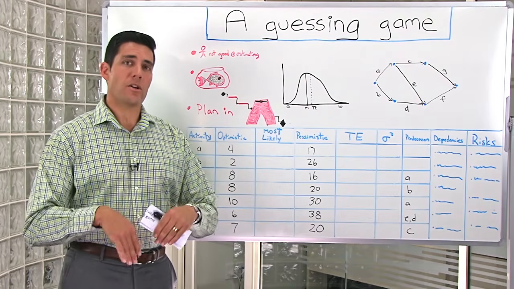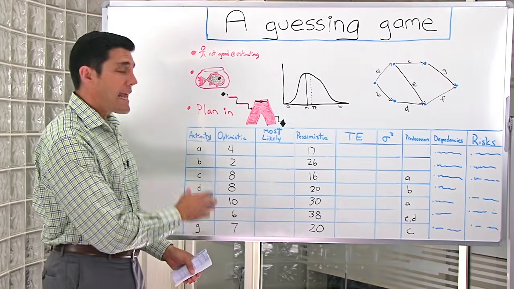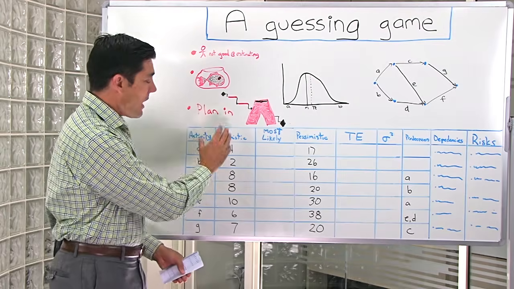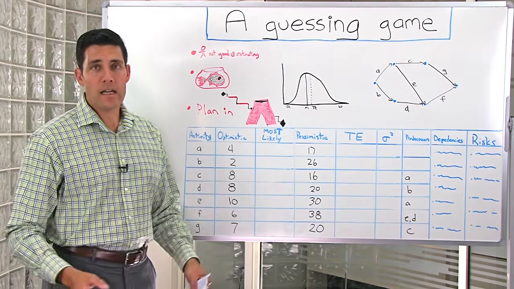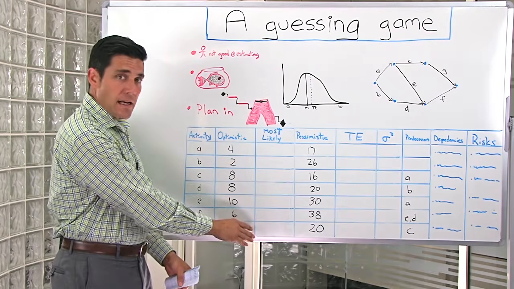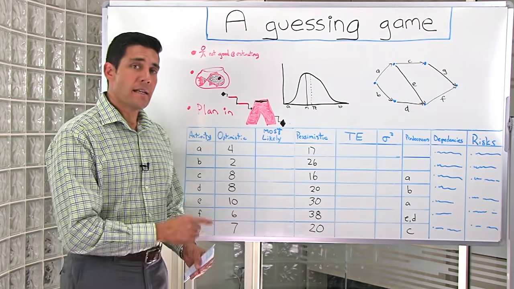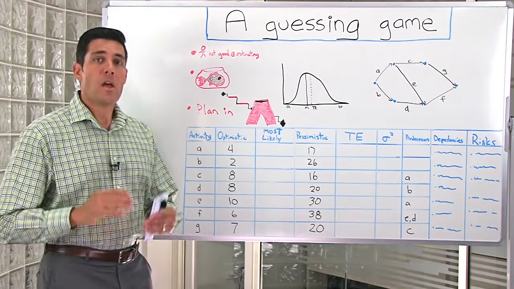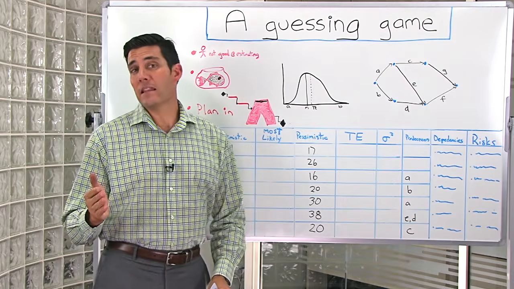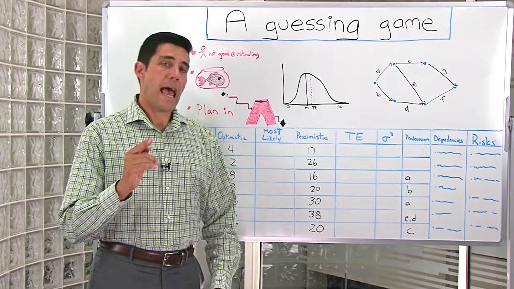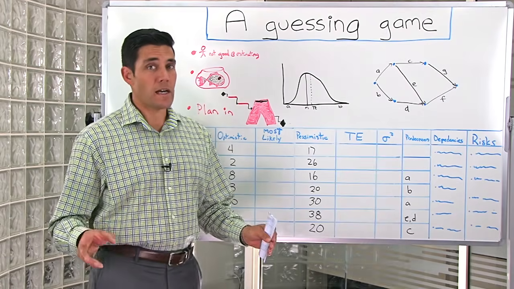What I like to do is get my project team together in a workshop and list out all the different activities that we have to achieve and get them to tell me as a group what the optimistic and then pessimistic estimates are for achieving that particular task. When we're going through and listing the optimistic items, I take note of all the things and I ask them all the dependencies that are required to actually achieve that optimistic estimate. When we're going through and doing the pessimistic estimate for that particular activity, I then get them to tell me what are the things that can go wrong, and I list those items on the risk register and make sure that I have mitigation strategies for all those items.